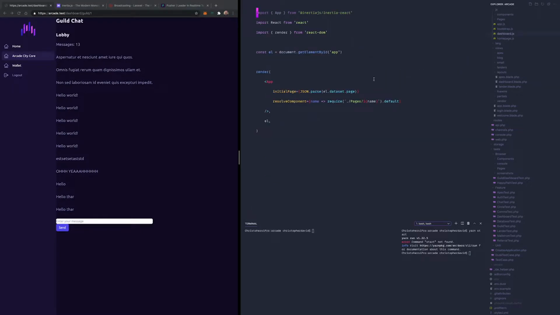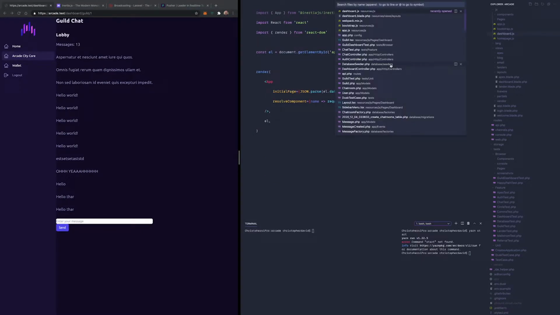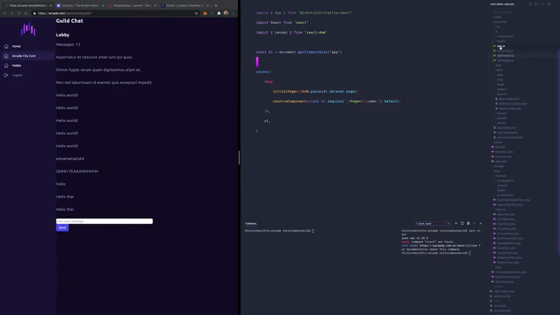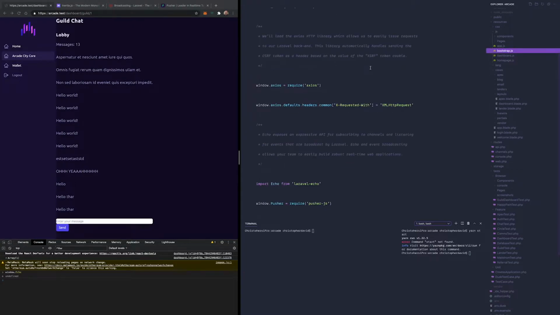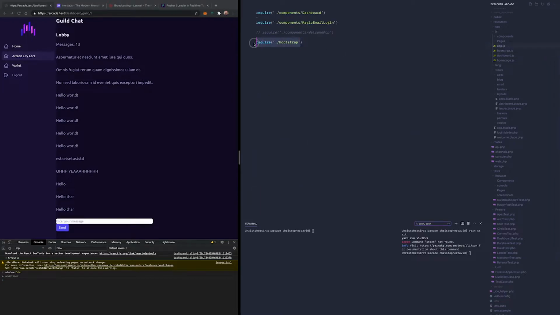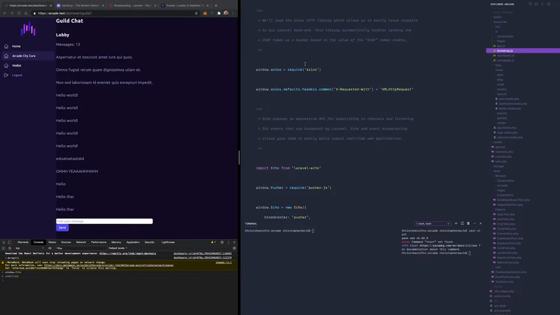Resources.js, dashboard.js. No, what happened there? Is this pulling in Bootstrap? Do I have the echo object? I might not have pulled that over. Oh, okay. Yeah, when I set up the Inertia app, looks like I removed the importing of Bootstrap like the app file does have, and Bootstrap is where we initialize